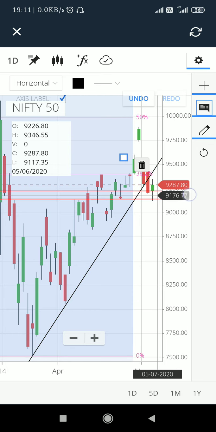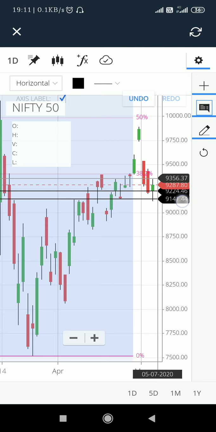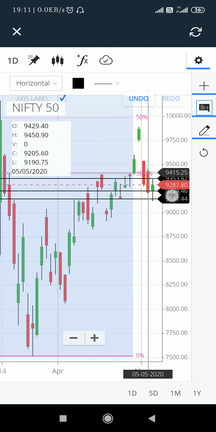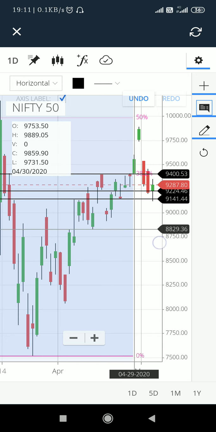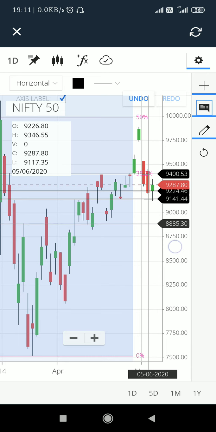And what can we expect on the upper side? Firstly, remove this trend line. On the upper side, we can go into a buy if the high of today's candle is broken. And what would be my first target? My first target would be this level. So what is the high of this candlestick? I will explain, do not worry if you are facing any confusion. The high of this candlestick, that is 6th of May, is 9346. One can go long on a breakout of 9350 definitely for a 60 to 80 points target.